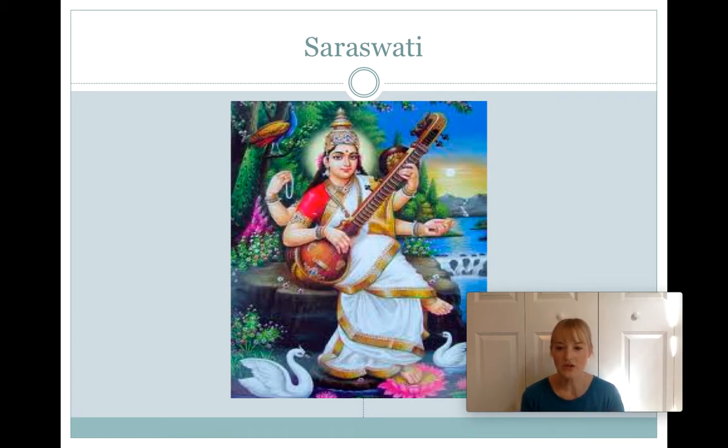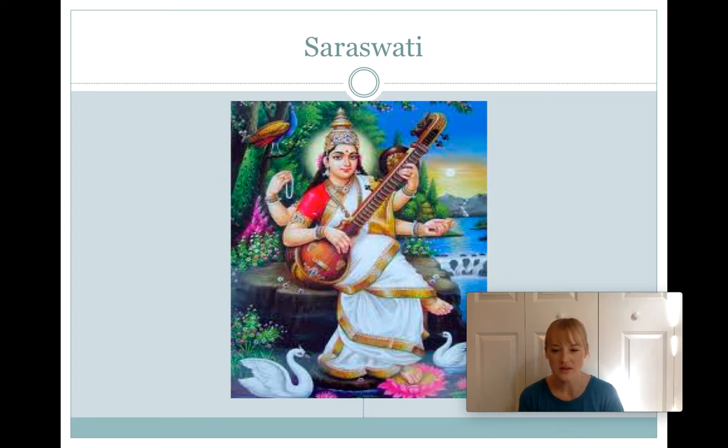And so oftentimes artists will be devoted to her. I said sometimes it can also be a personal choice which god or goddess you're devoted to. So a musician or a writer or a painter, someone like that, might ask Saraswati for her help because she is the goddess of creativity. She's also the goddess of knowledge, and so oftentimes students are also devoted to her because she helps them with that. Her depiction here with the 4 arms, also important to note, is a representation of omnipotence and omnipresence,